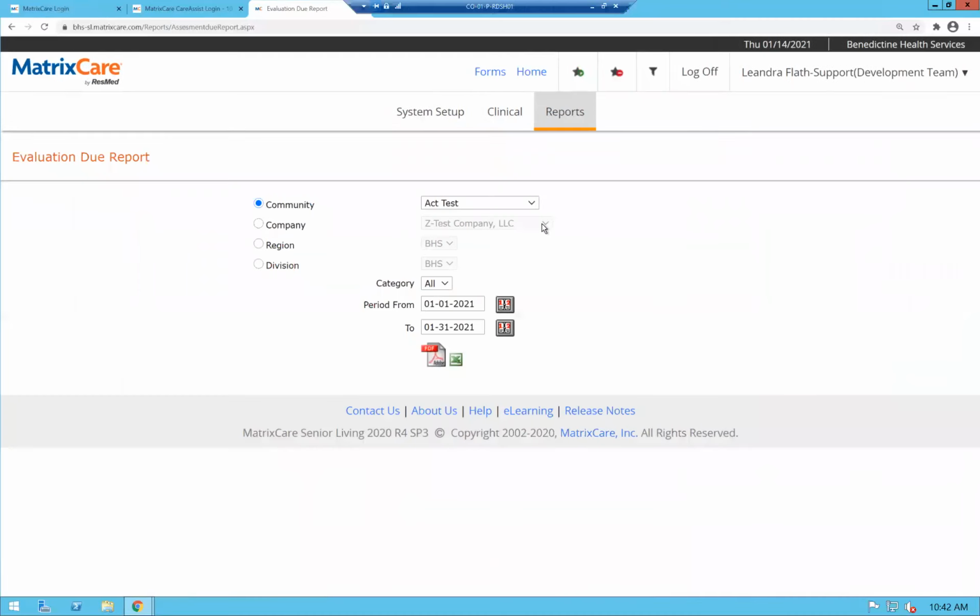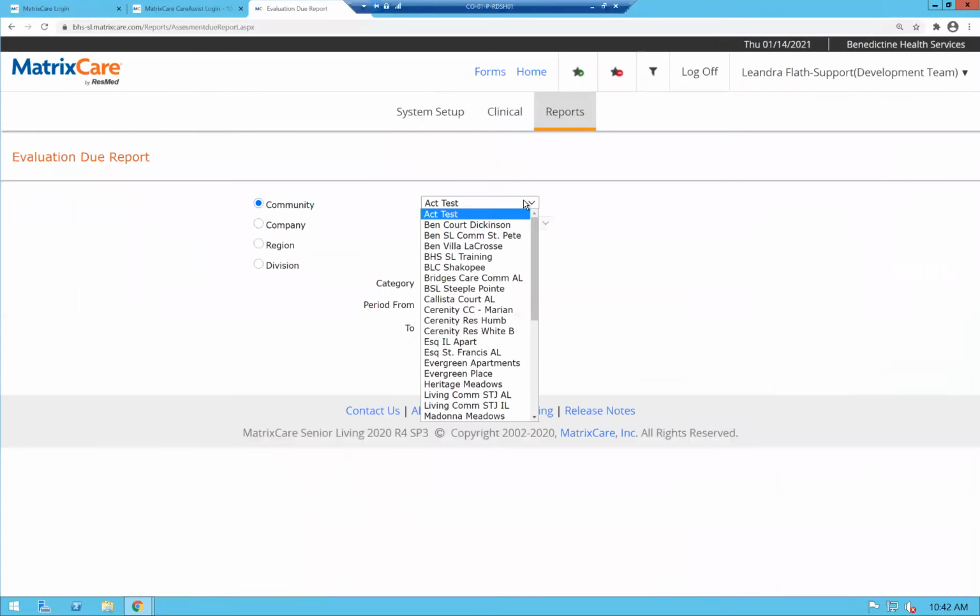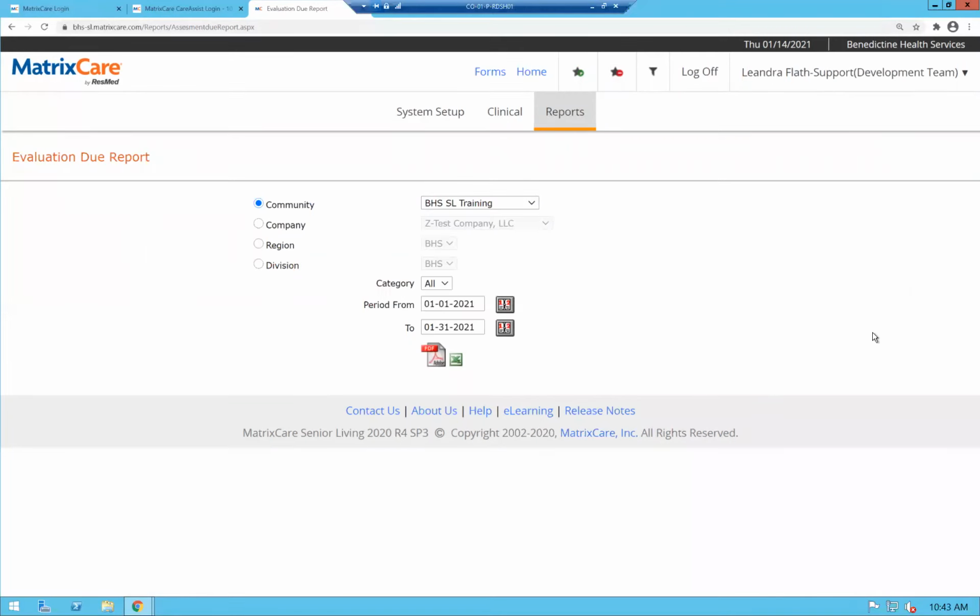Okay. Now in the evaluations due here, your community dropdown is going to be restricted to whatever communities you actually have access to. I do have access to all of them, and so I'm going to be able to see all of them. I'm just going to go ahead and run this for the training community, and I can look for a specific period of time, okay? I am actually going to go and look at February,